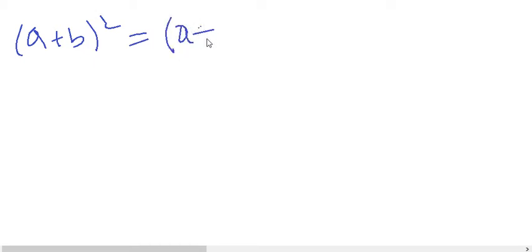Now we are going to generalize this particular formula, for any number which is in the form a plus b, and we have to find the square. Any number can be written in the form of a plus b according to your suitability, what you know about a and b. So you will always write a plus b square is equal to a plus b into a plus b.